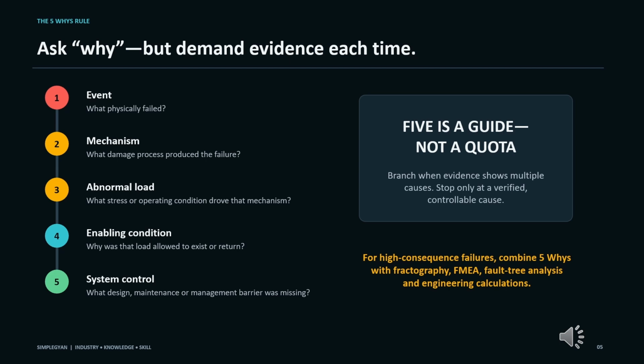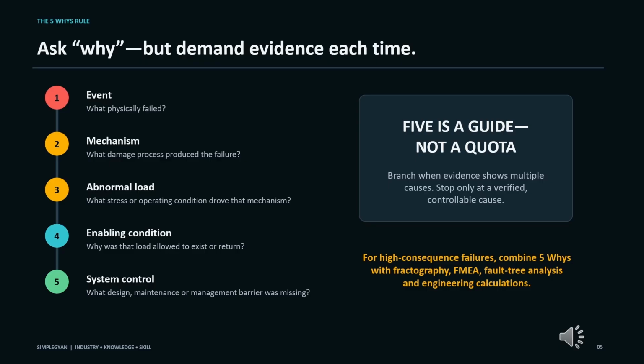The 5 whys is not 5 guesses, and it is not an interrogation. Each answer must be supported by evidence and must open the next level of causation. Move from the event, to the physical mechanism, to the abnormal load, to the enabling condition, and finally to the missing system control. 5 is only a guide. Branch when several causes interact, and for a high-consequence failure use 5 whys alongside metallurgical examination, FMEA, fault tree analysis,